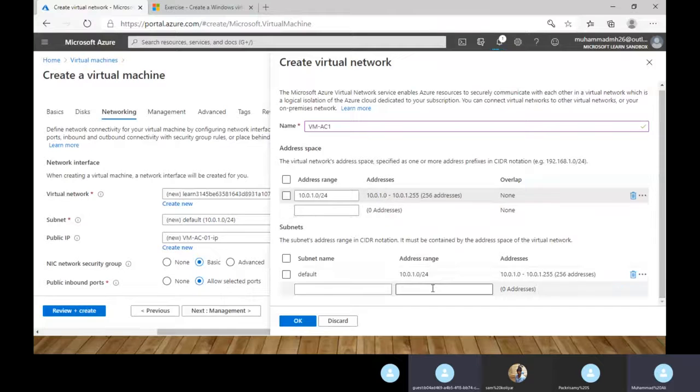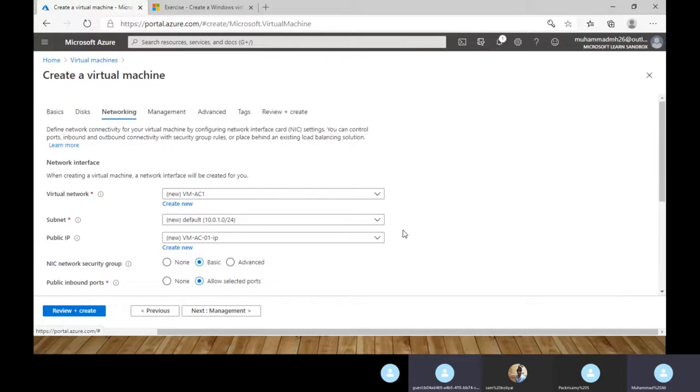Here you're finding the private IP series. This is the 10.0.1 subnet address range. Here you have a subnet range and network. If you want a public IP you can create one, otherwise you can keep it as none. When you choose none, you don't get a public IP. We need a public IP, right? So I am selecting a public IP.